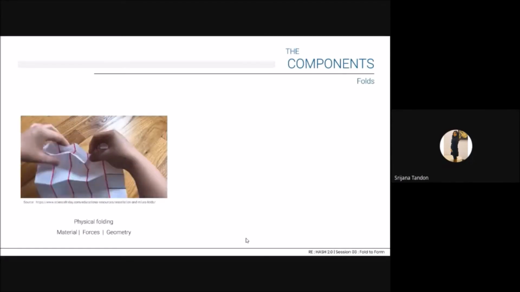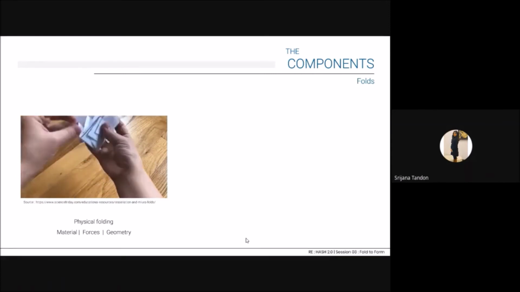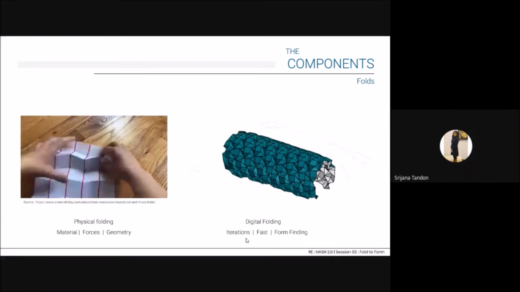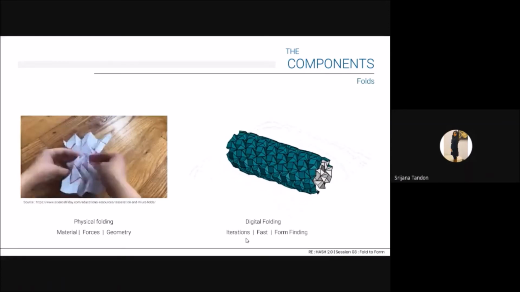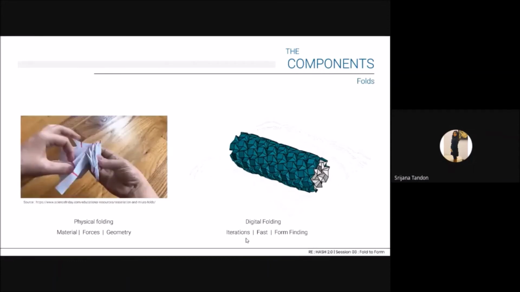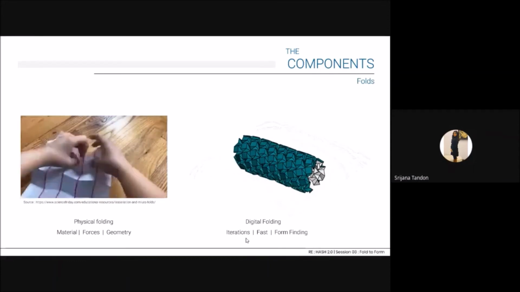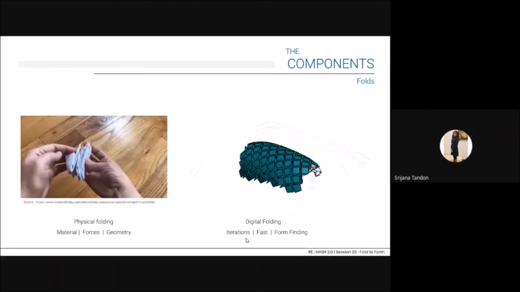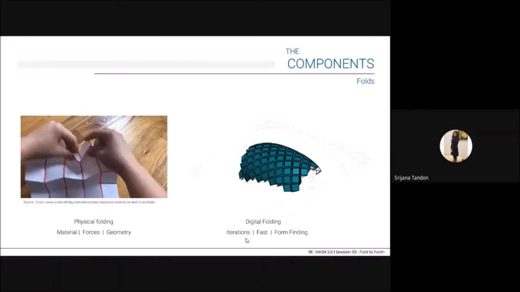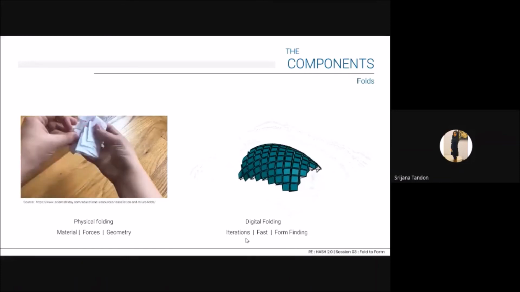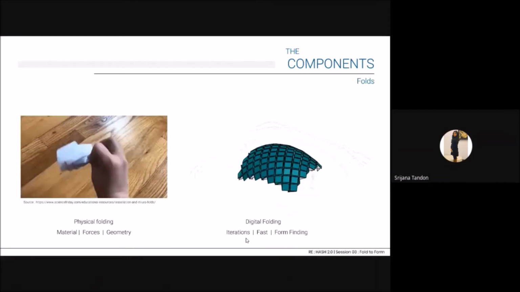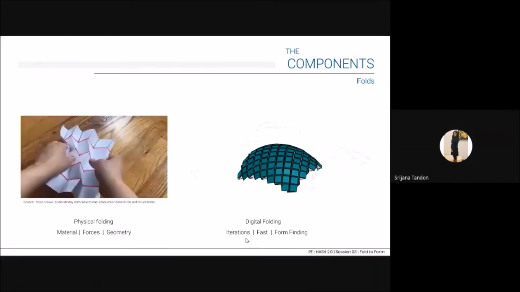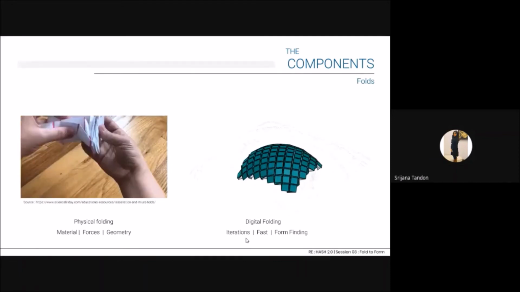Origami forms can be physically folded in a suitable sheet material. This can also be done digitally, where we input the properties of the material we intend to use. Physical folding helps us understand material properties, the forces, the pinch points, and helps us get a hang of its geometry. Whereas digital folding, once scripted, is very fast. It helps us iterate base patterns, making it useful as a form finding tool.